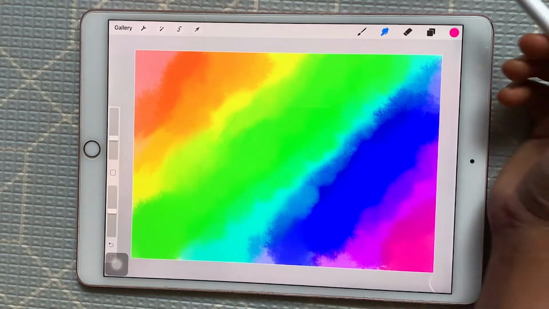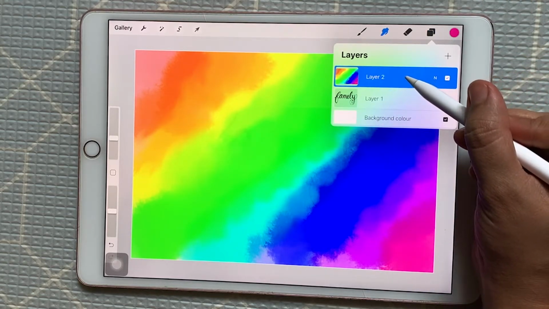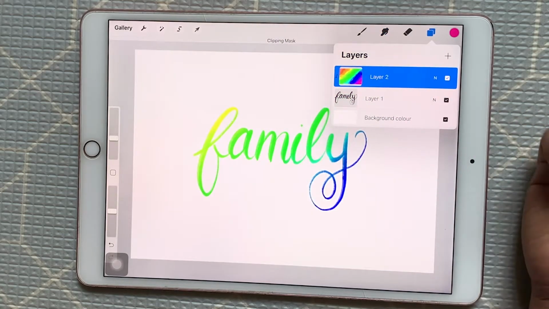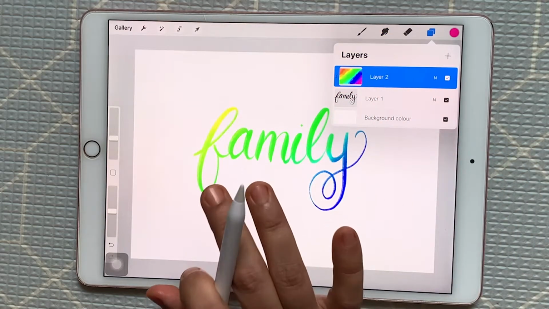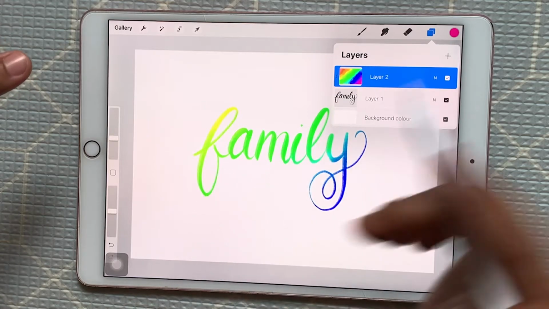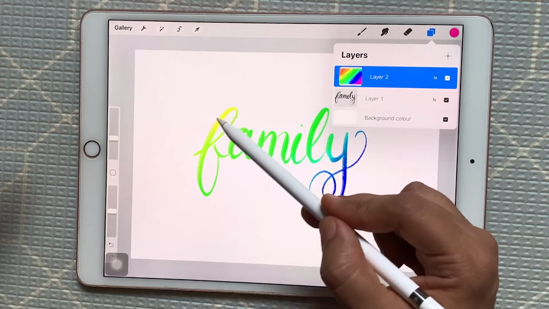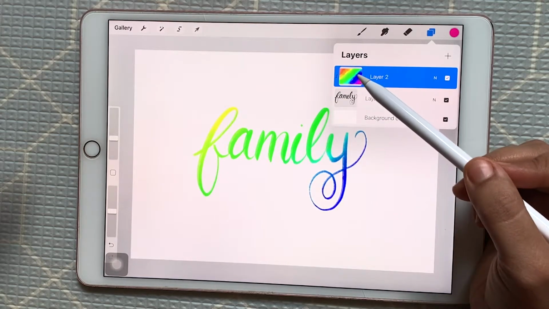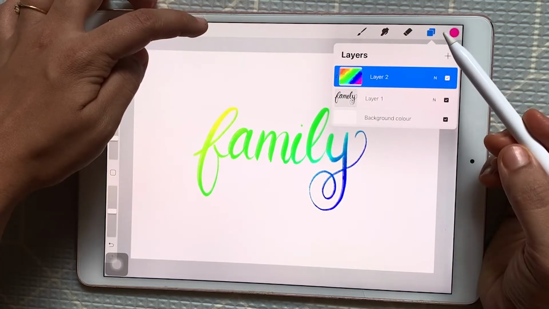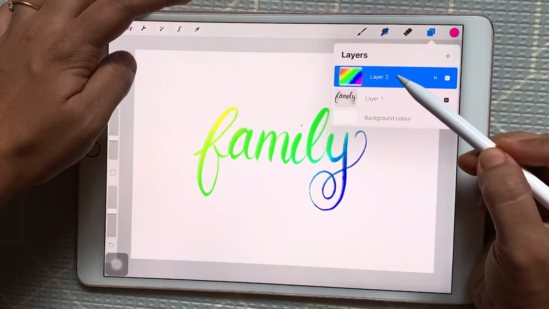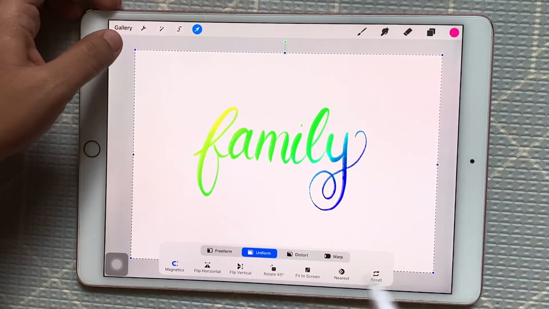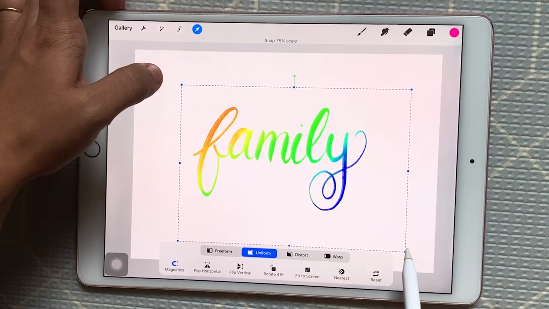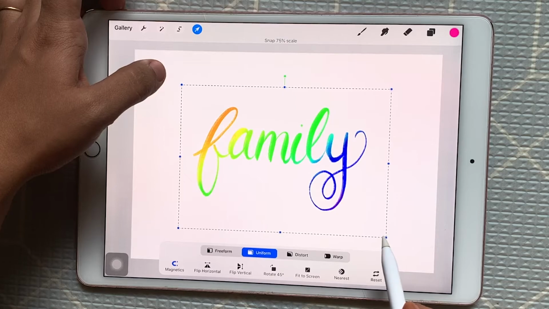Now I'll click on this layer and select a clipping mask, so the same color will appear on my family font also. But if you notice, the color has come from the yellow one; the red and the orange have not appeared yet. So I'll select the colored layer and decrease the size of it a bit, so I can get all the colors in my font.